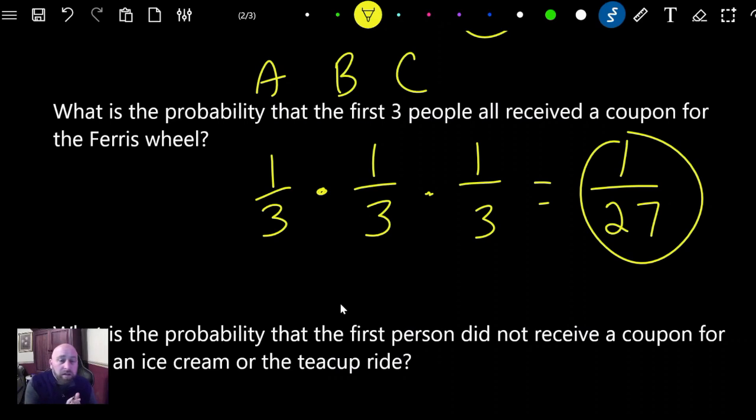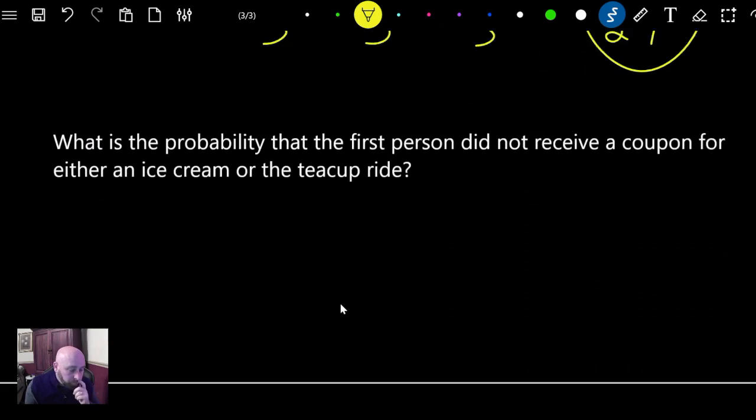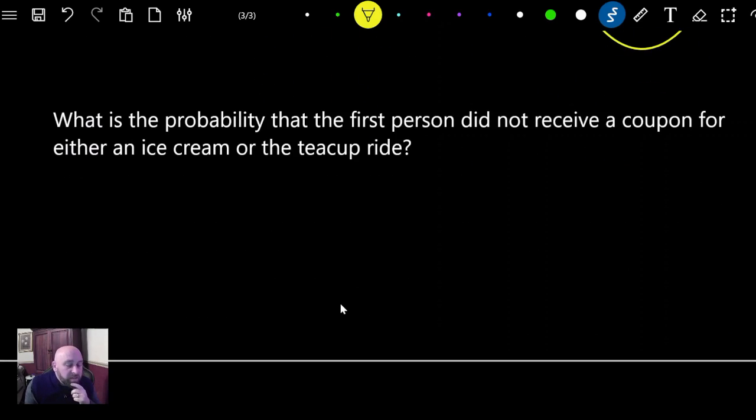So there is a 1 in 27 chance that the first 3 people all get Ferris wheel, right? All right, now, next. What is the probability that the first person did not receive a coupon for either ice